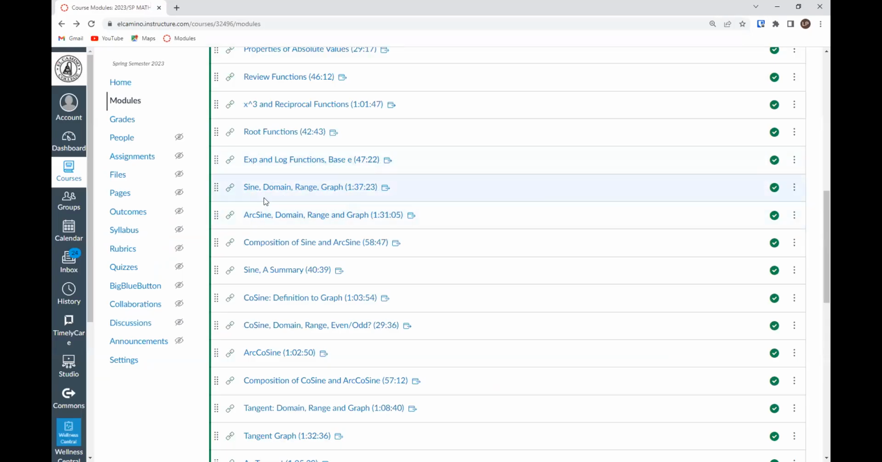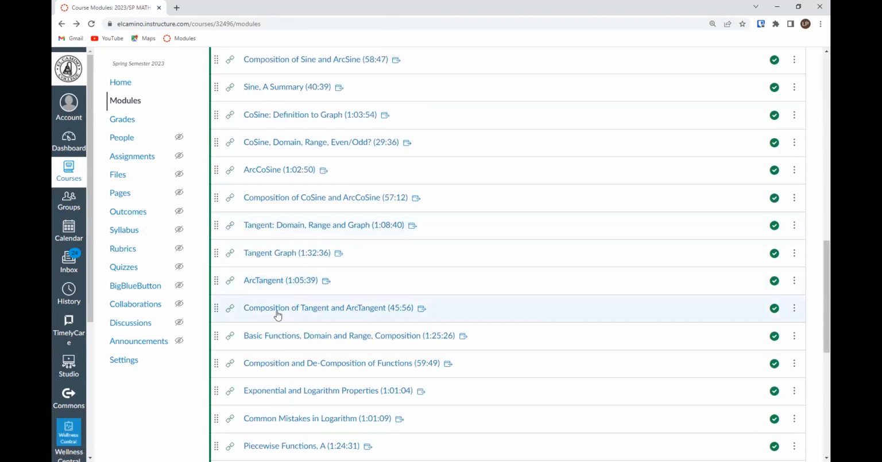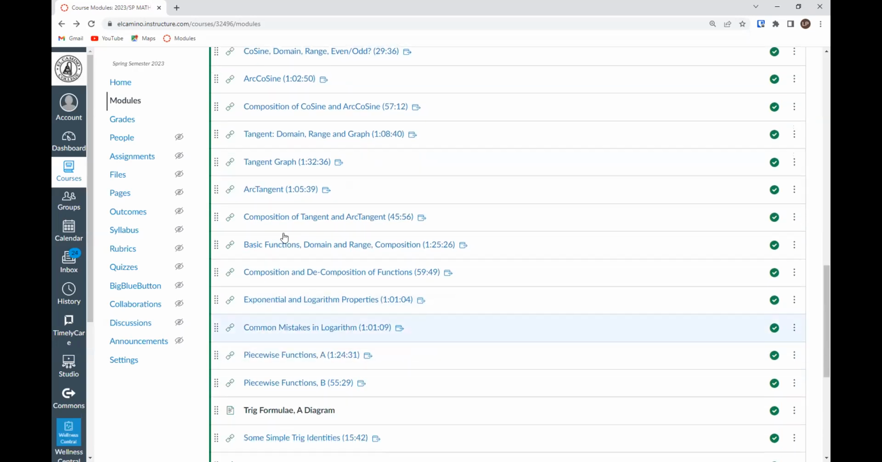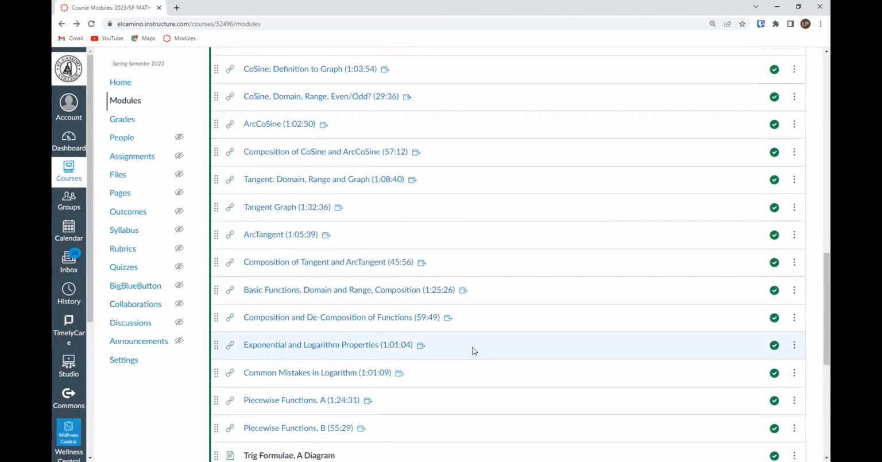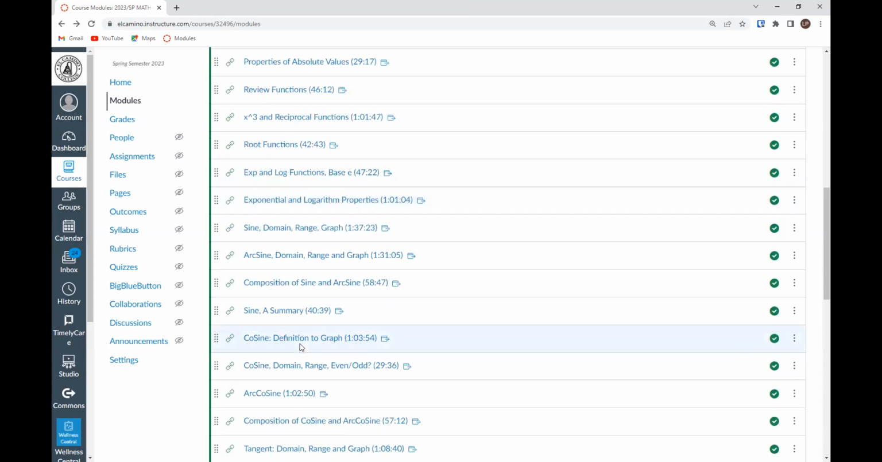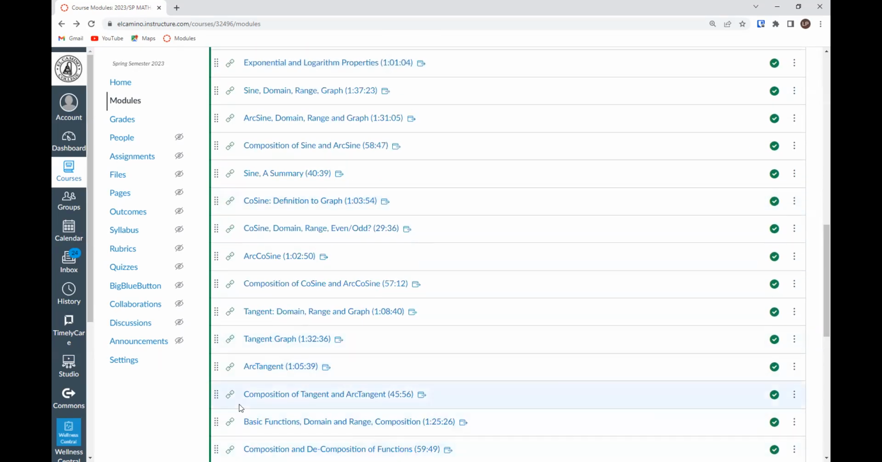Sine. What's important about them? Arcsine, composition, sine, summary, cosine, tangent, arctangent, all of these compositions. You need them. And exponential logarithm. I'm going to bring these back, exponential logarithm properties, and the common mistakes